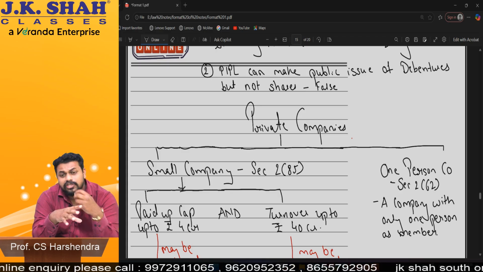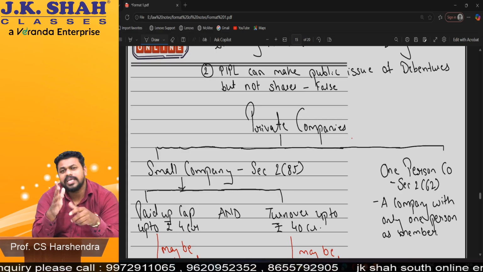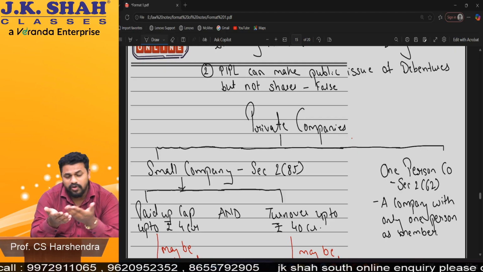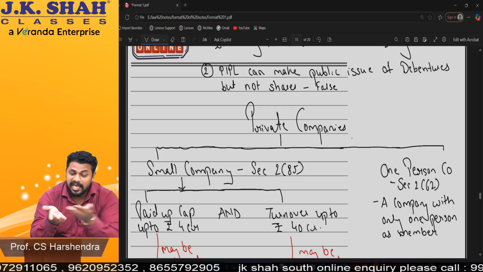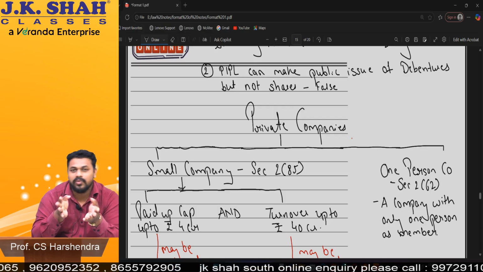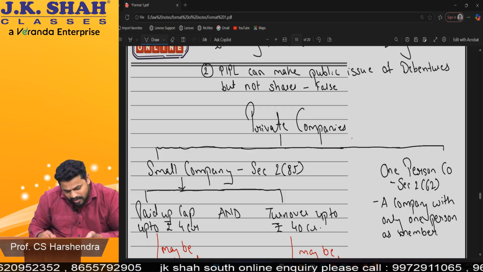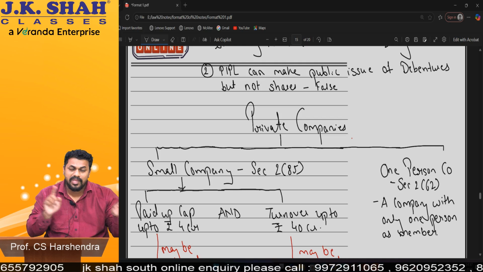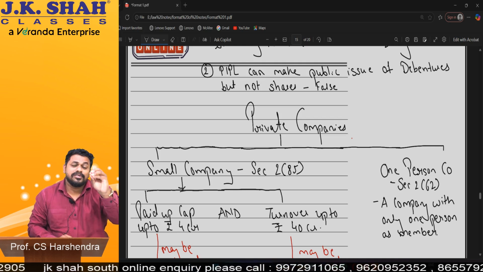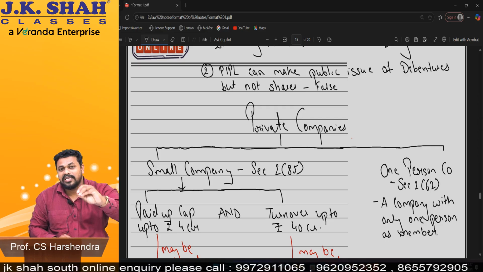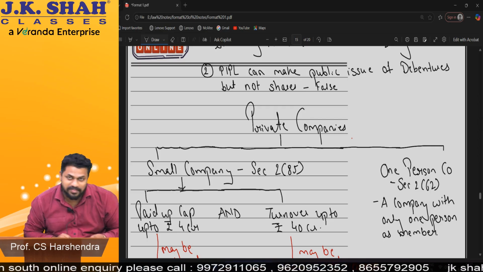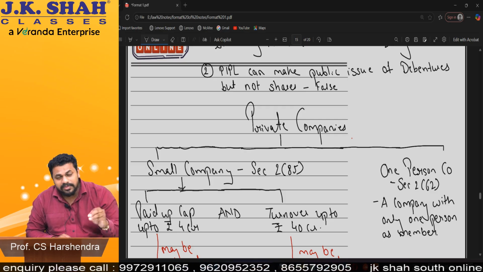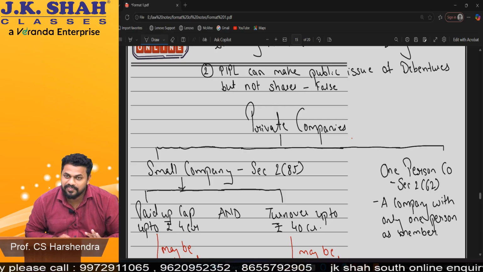Now, sir, why did this concept start? I'll tell you. See, tomorrow if you go for articleship, in your office, companies would be clients, and the AOA and MOA will be there. Now you take the MOA of any company, in fact in AOA also, take the last page, there will be a table. That table is nothing but the association or subscription clause, which gives details of the first members of the company. That is the reason we call it association or subscription clause. These are the people who have subscribed the first shares, basically promoters.